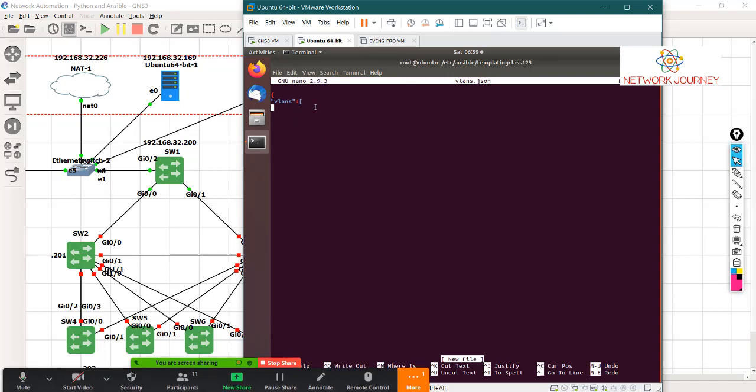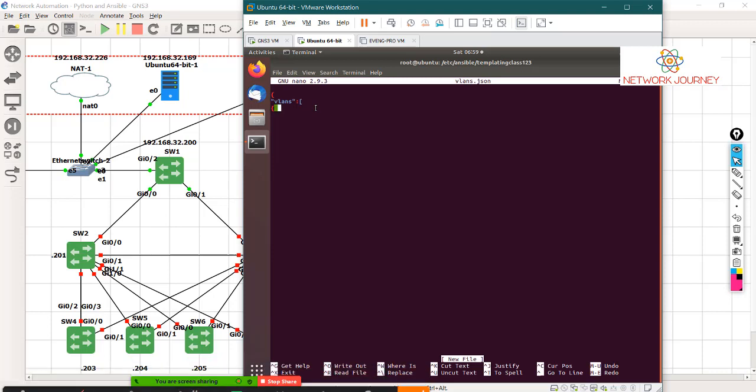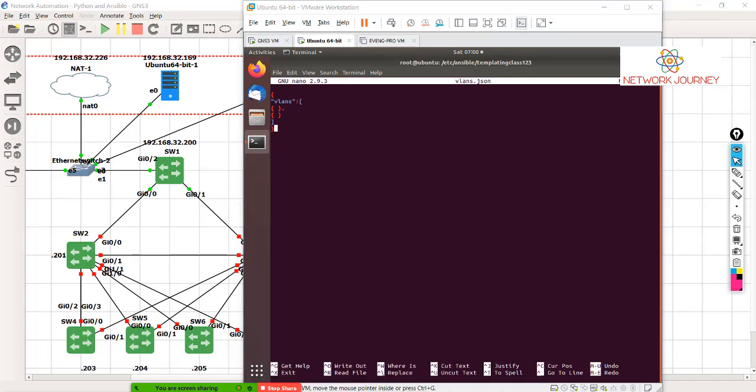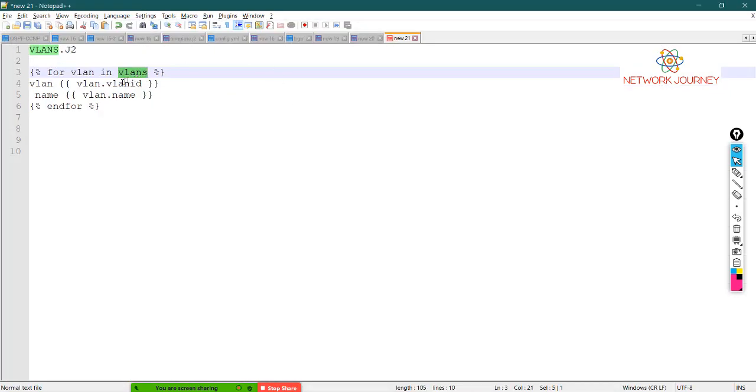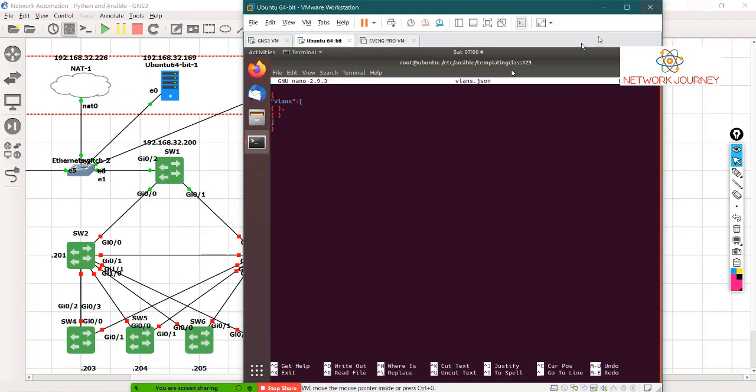So I say VLANs, start up the bracket. There is a format now. This is the format. If you're defining any JSON command or JSON model, then this is the format. Remember this format. Now, what about these two things? Where are these two things going to come? You are good with VLANs, but where are VLAN ID and the name that you're going to define? That's inside these curly brackets. Something like this: VLAN ID, and just define. So it's a dictionary format, key and value type.